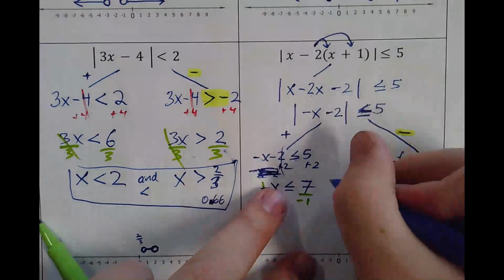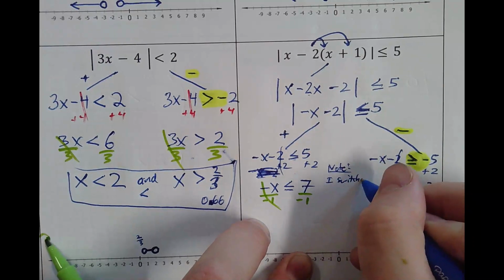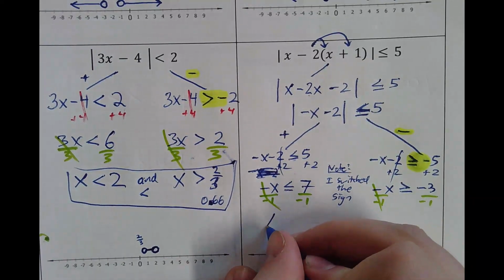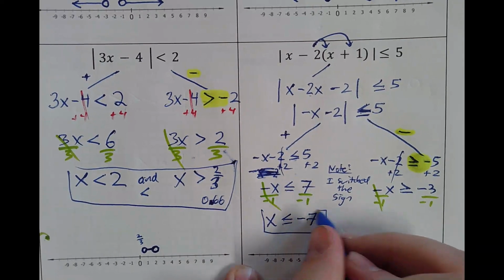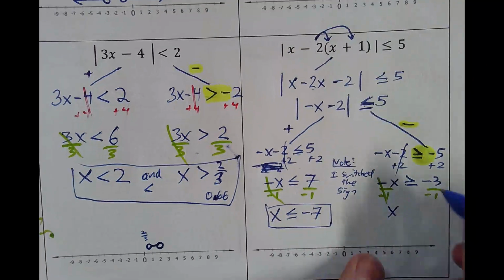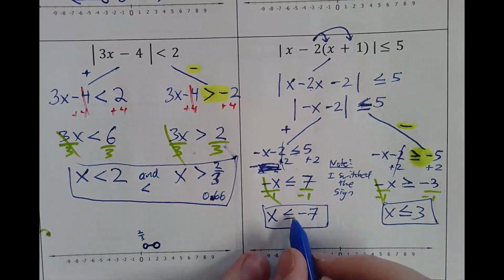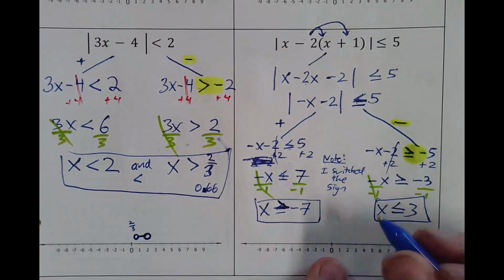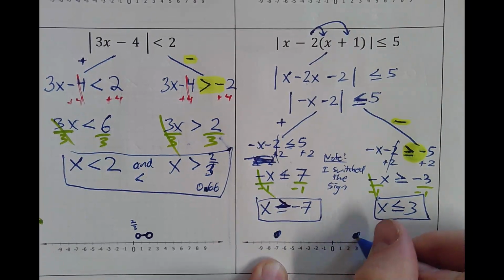And I'm going to write the little note here. Note, I switched the sign. Otherwise, you do have your two boundary points. Our first boundary point is going to be at -7. And our second boundary point is going to be at positive 3. And note, I did make a mistake. I need to switch the sign here, so the symbol needs to switch. That's why we do have boundary points. It's a little easier to do boundary points at -7 and positive 3, and then label them in between